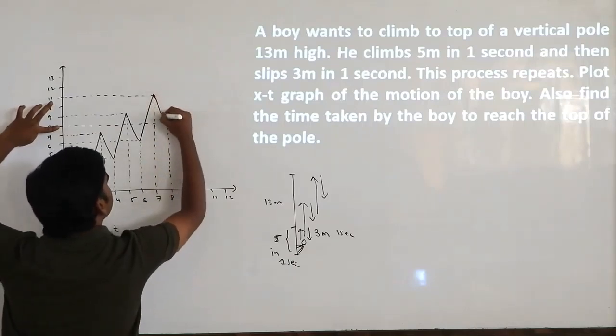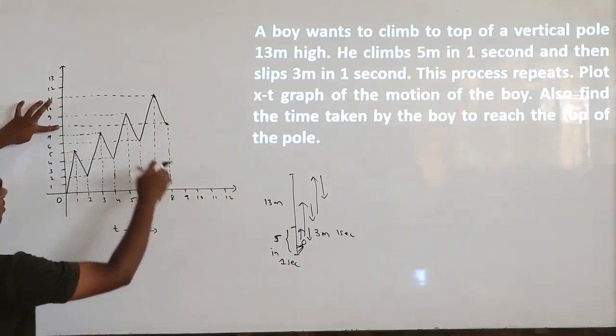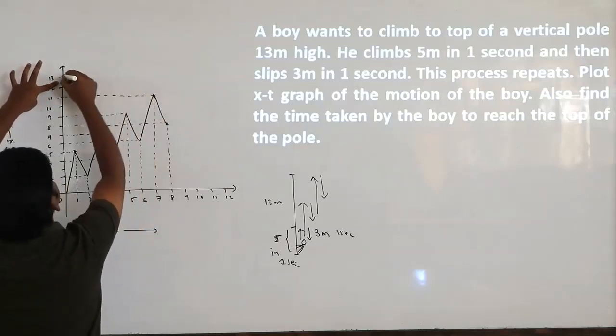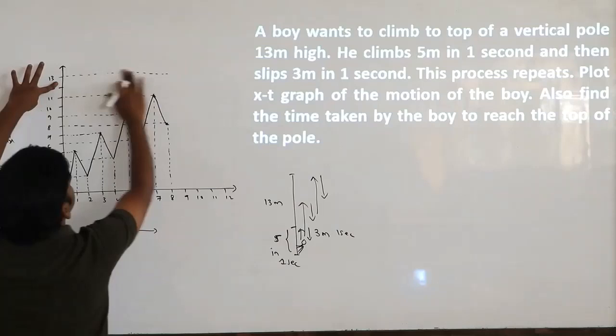So he will come down for 3. Interesting graph. 8 to 9 again he will go forward. 1, 2, 3, 4, 5. Means he will come for 13. Okay, so